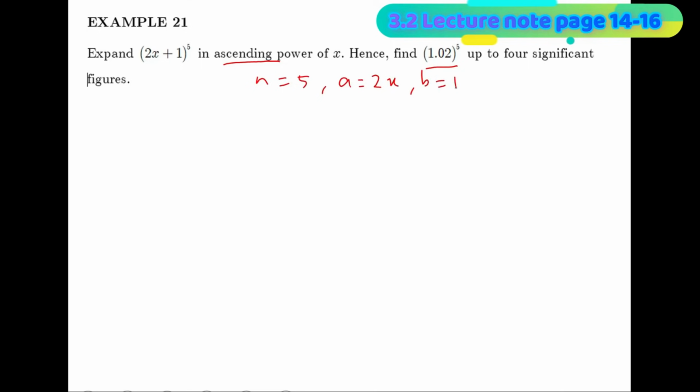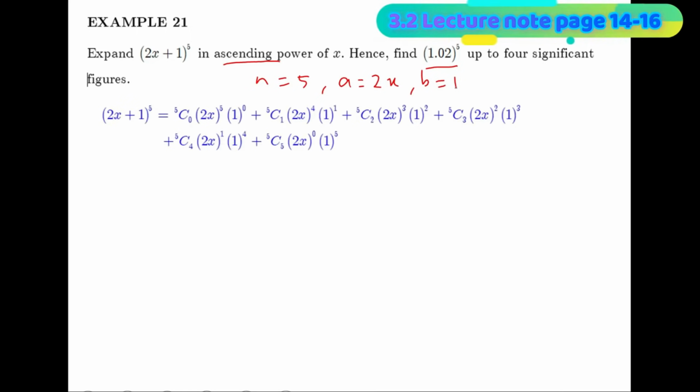Similarly, as in the previous example, we substitute our n, a, and b into our expansion formula to get the following expansion. Then, carefully calculate each term. But note that the question asks for ascending power of x, so we need to rearrange the answer in ascending order. Now, we have to find 1.02 to the power 5